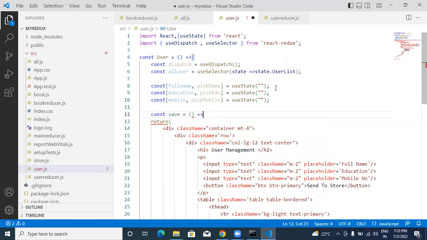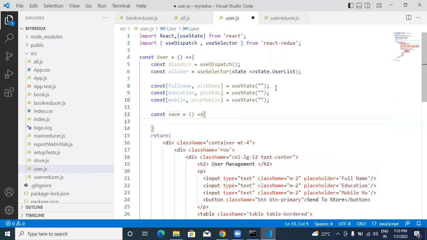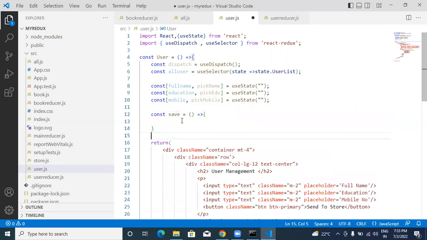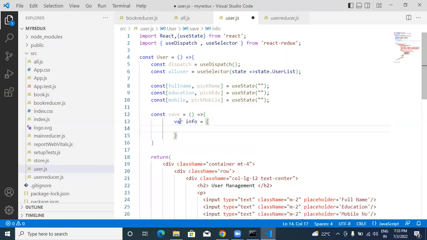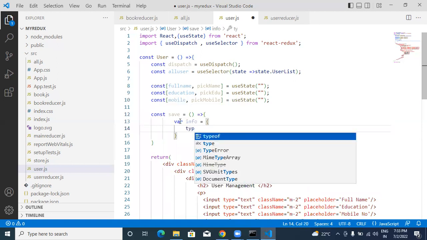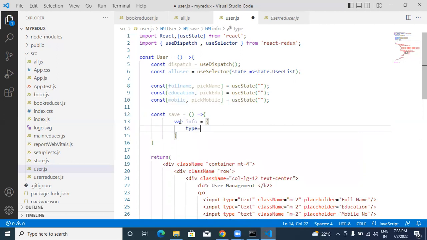write an arrow function. Now this fat arrow function is going to return the value. How will it return? You will create a variable info equal to, under the info we will mention the type, colon, the action type, new user,